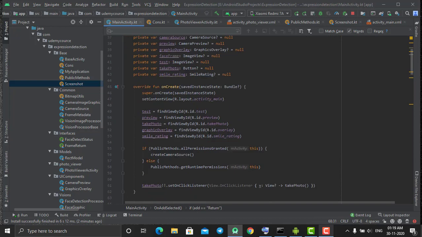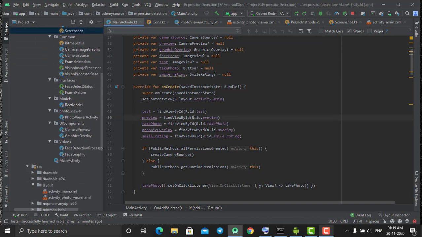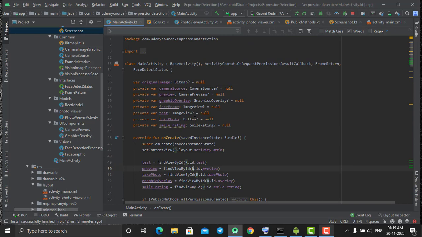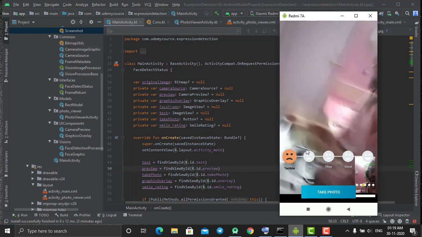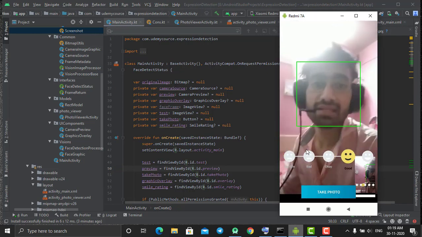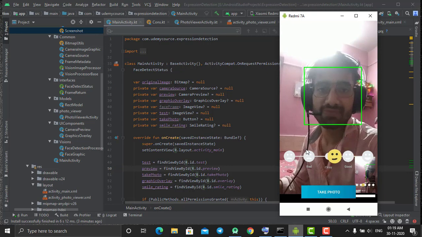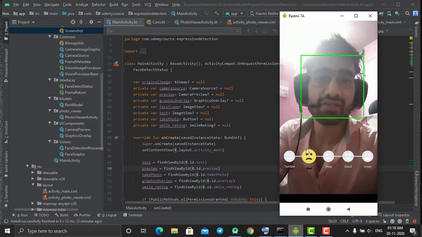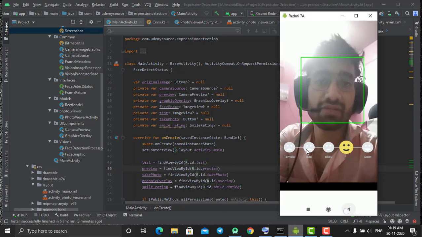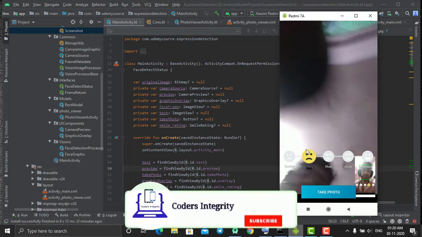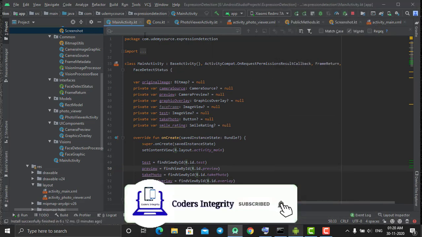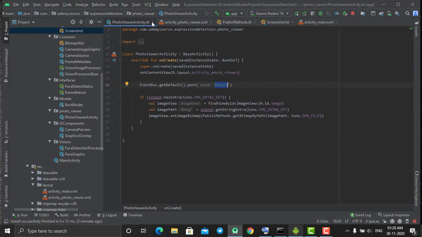Now in this way you can click the pictures and do all that stuff. Now let's see if something has remained here. I had explained everything. So if you see here, we had created the whole application from scratch, machine learning face detection using Firebase MLKit. It detects the faces. If we get the expressions, we can click on the button to click our picture. It clicks our picture, and if I click on back again, it comes back to the previous screen again, right? So in this way you can create this application, and I hope you liked the whole series of this face